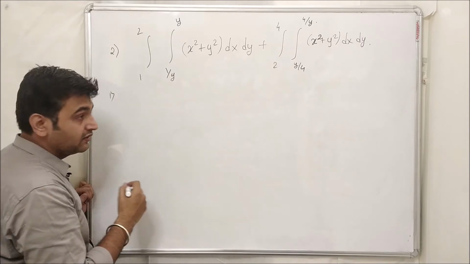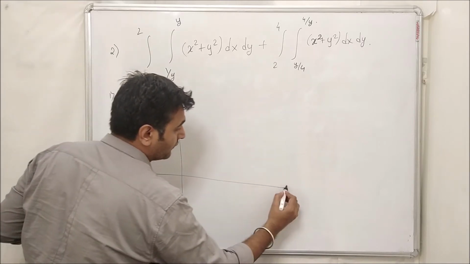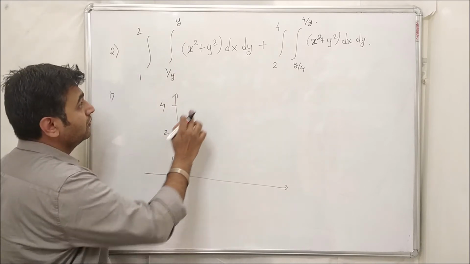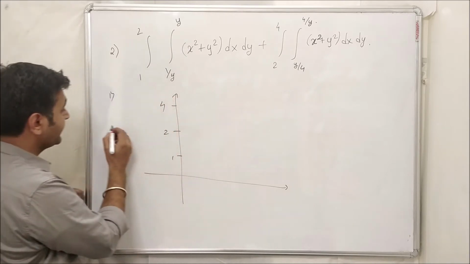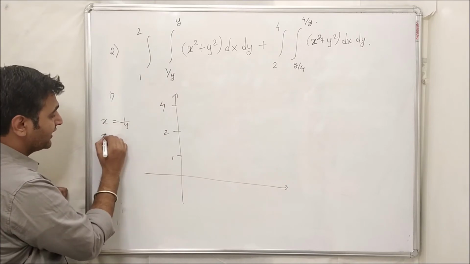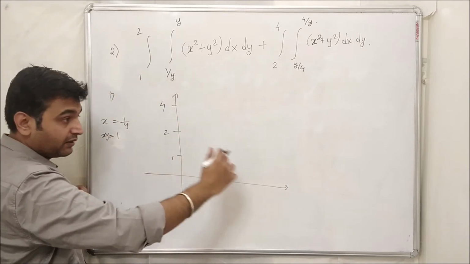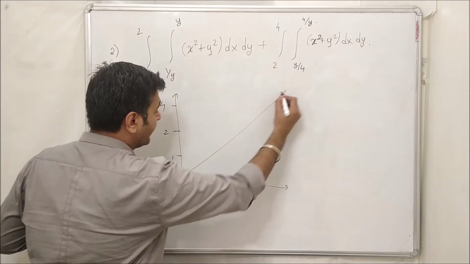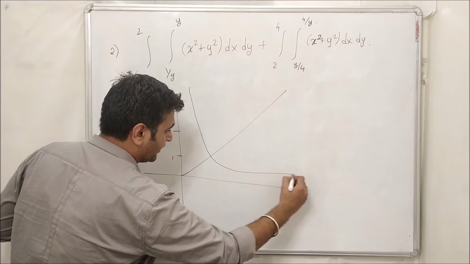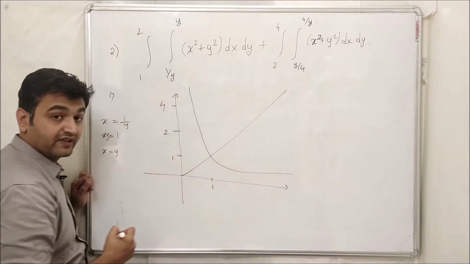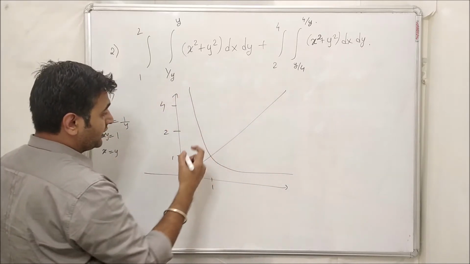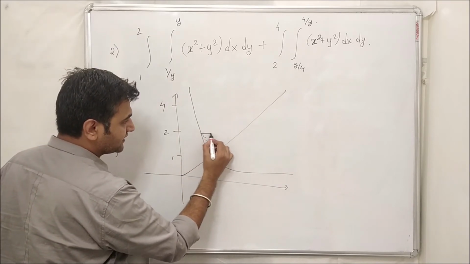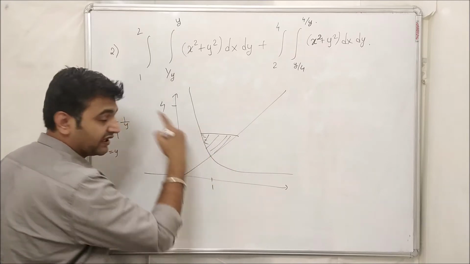You need to sketch the region. Okay, good. So for the first part, your limits of y are 1 to 2 and 2 to 4. Now let's go for this. Your x is starting with 1 by y. That means xy equal to 1. xy equal to 1 is a hyperbola, and it is going out with the y equal to x line. So you have the y equal to x line, you have this hyperbola. So this is (1, 1). For the second part, it is starting with this hyperbola and coming out of this line. So this is the region for the first part.